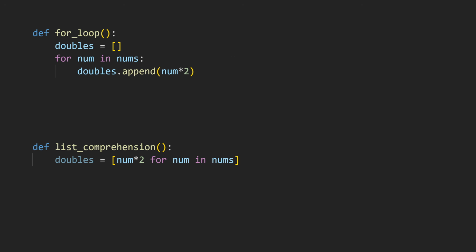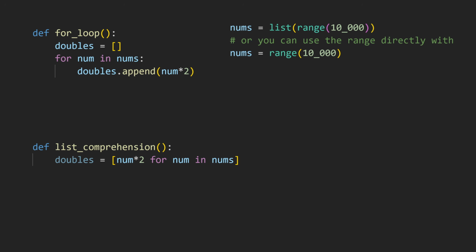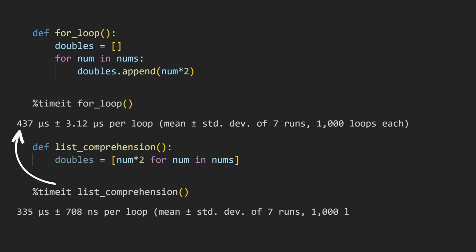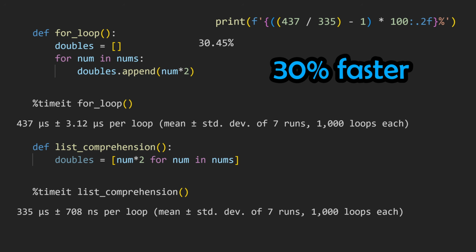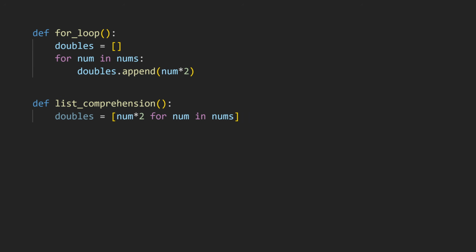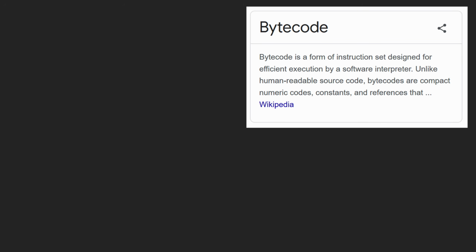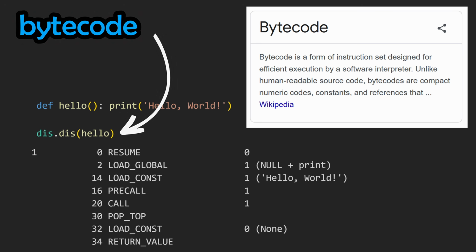same purpose. Say we want to create a list where we double each number in another collection or iterable. The for loop has a runtime of 437 microseconds, while the list comprehension has a runtime of 335 microseconds. This is approximately a 30% performance boost when using a comprehension. It turns out Python's interpreter optimizes the bytecode instructions generated for list comprehensions, resulting in more efficient execution. The Python interpreter is able to optimize the comprehension as it knows the exact operations that will be performed ahead